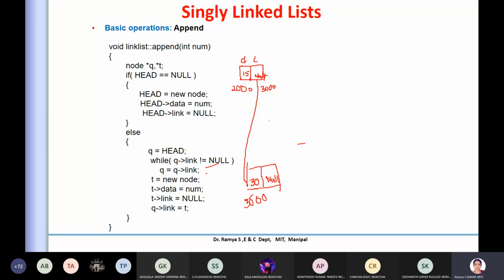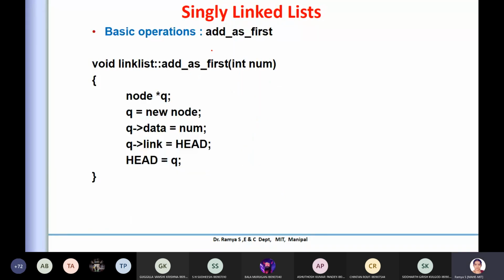Now let us go to the next one, add at the first. It is very simple. I'll take the same example. Consider you already have one list, with elements that each have two values. One is, say, the value 5 and some address.